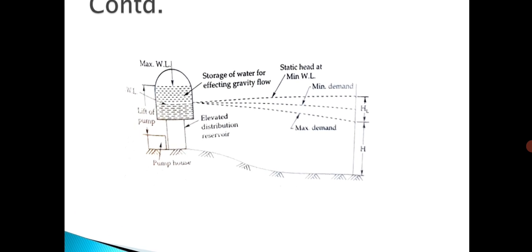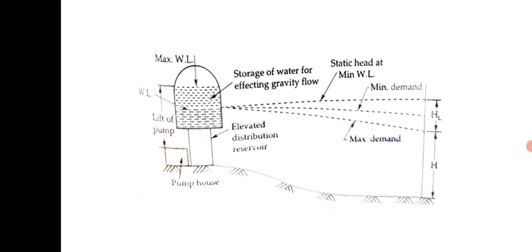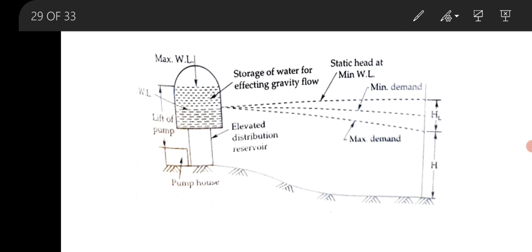See, this is the combined gravity and pumping system for water distribution. Here, your water is pumped at a constant rate and stored in this one, the elevated distribution reservoir, and here this is the pump house. So here water is lifted and stored in the elevated distribution reservoir,